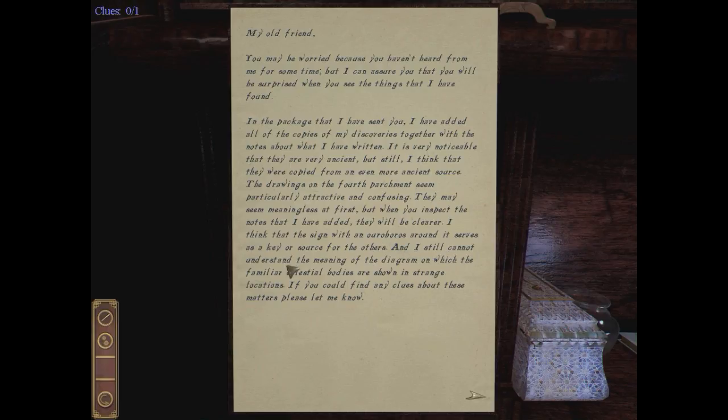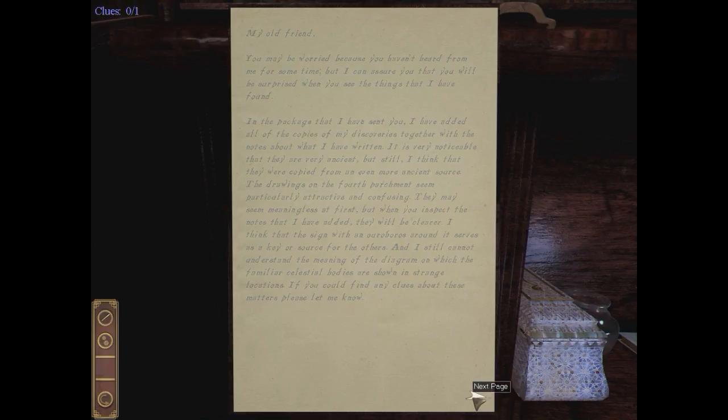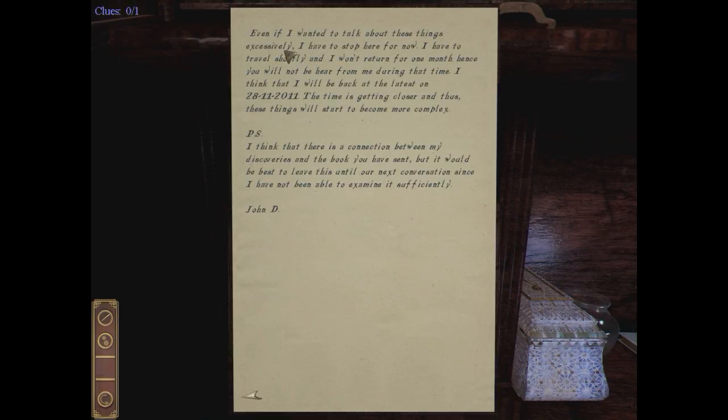And I still cannot understand the meaning of the diagram on which the familiar celestial bodies are shown in strange locations. If you can find any clues about these matters, please let me know. Even if I wanted to talk about these things excessively, I have to stop here for now. I have to travel shortly, and I won't return for 1 month hence, and you will not